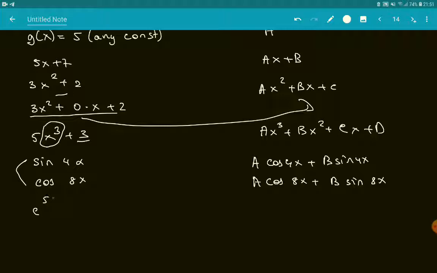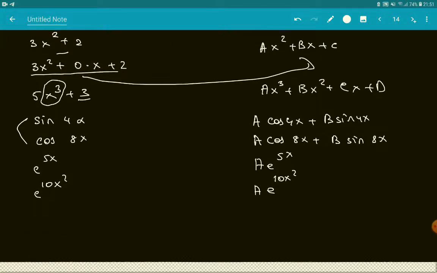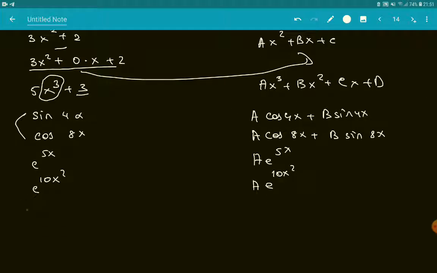Let's say it is e to the 5x, so it's going to become a e to the 5x. If it is like e to the 10x squared, then it's going to become a multiplied by e to the 10x squared. Then it can be the multiplication of some x functions, like 9x minus 2 multiplied by e to the 5x. So in that one we consider this part, we don't look at this,